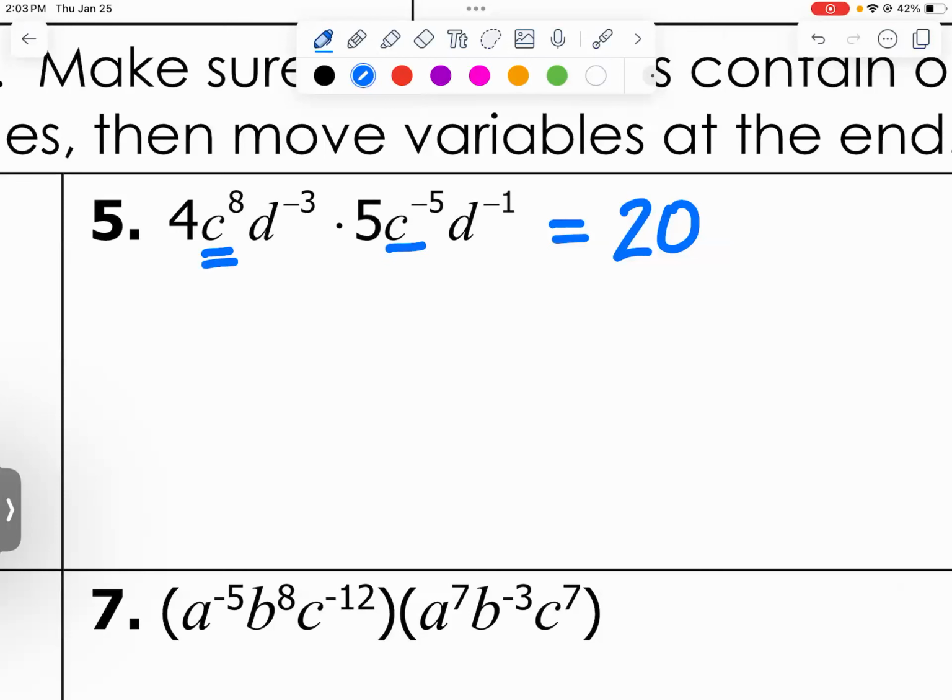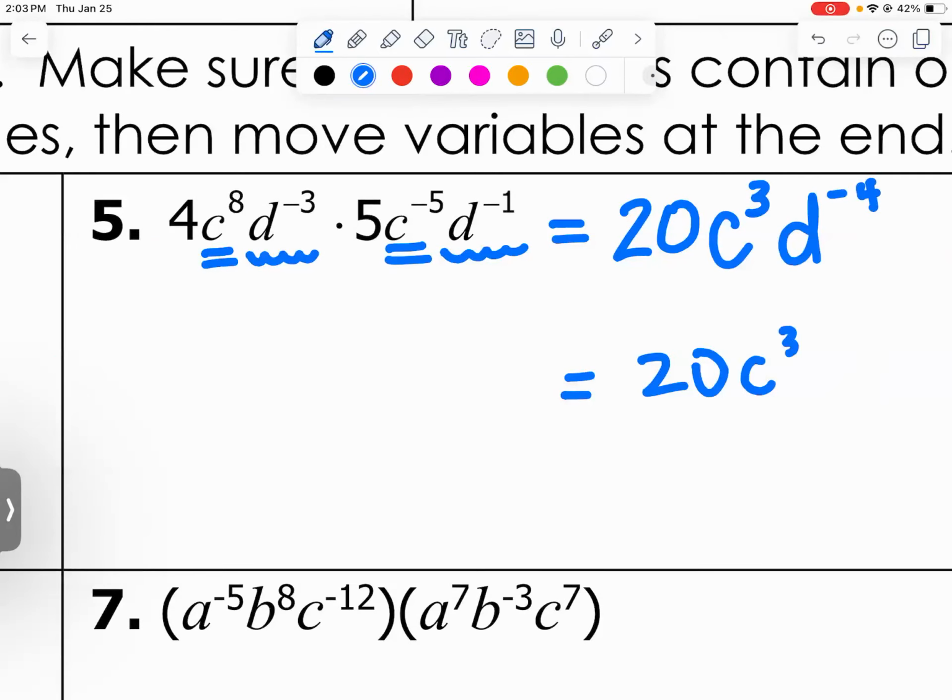When we take c to the 8th times c to the -5th, that would become c to what power? Good. If we take d to the -3rd times d to the -1st, that would become d to the -4th, because we would add those together. So now what we're going to do, we cannot leave a negative exponent. So 20 and c to the 3rd, they get to stay, but our negative exponent has to travel to the